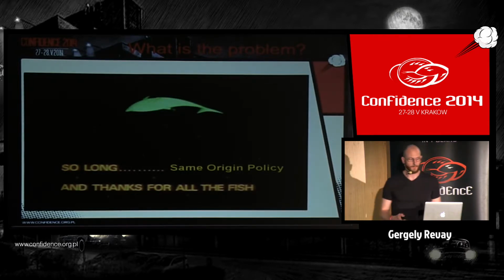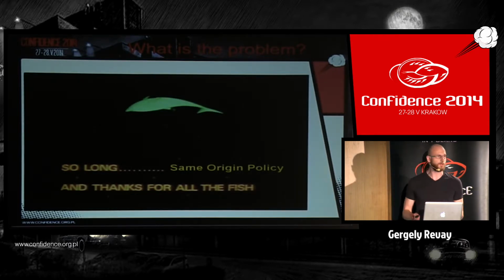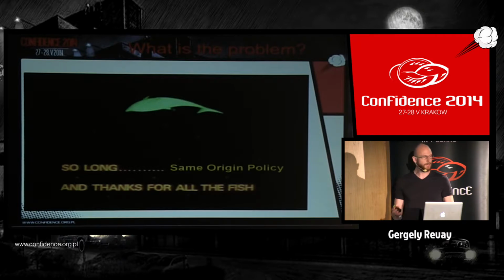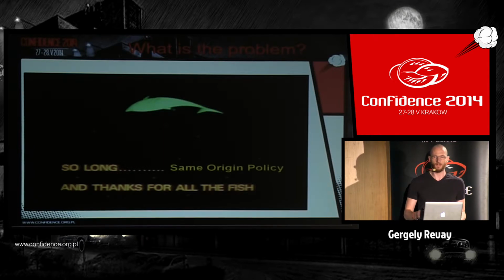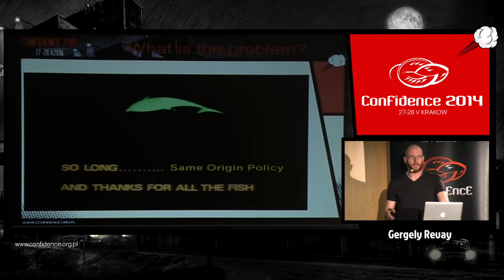So what is the problem? You can see why I didn't go into the photoshopping industry, because I'm not really good at that. But anyway, the problem is what I mentioned before: we had this same origin policy, which was pretty straightforward. You cannot talk with different origins. If you download an HTML with JavaScript in it, you're not allowed to go to other domains and get stuff. Now, CORS is kind of breaking this rule. It's officially breaking it, so it's not really a